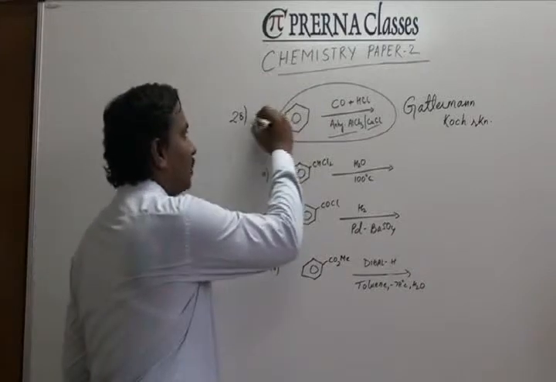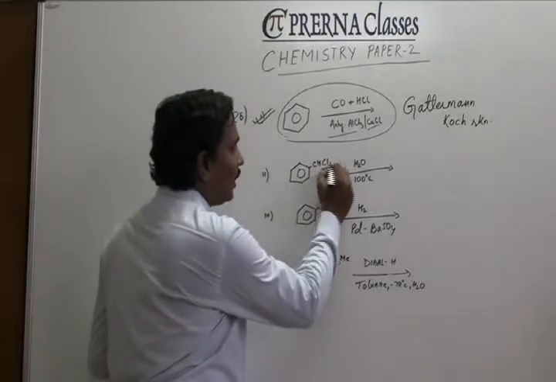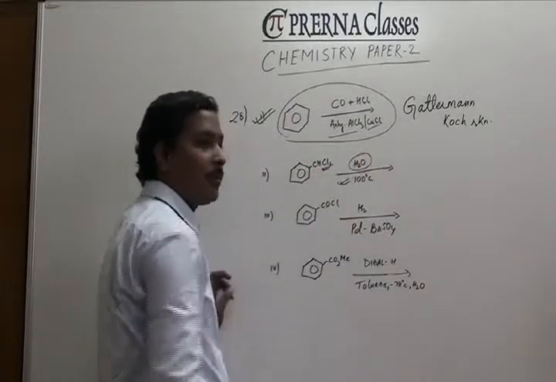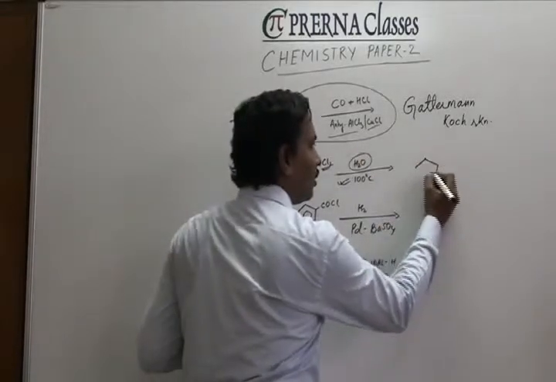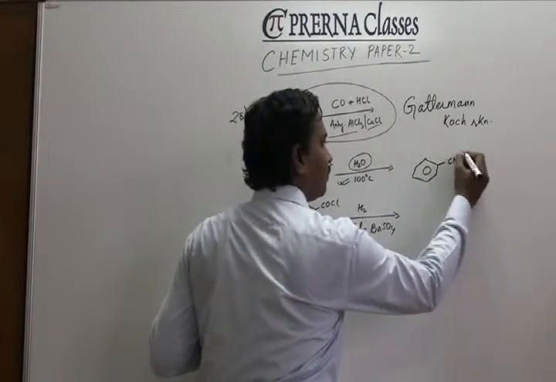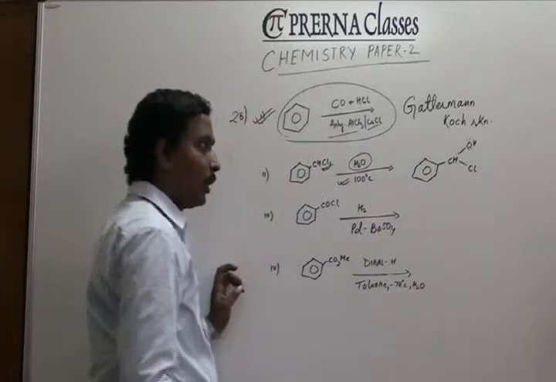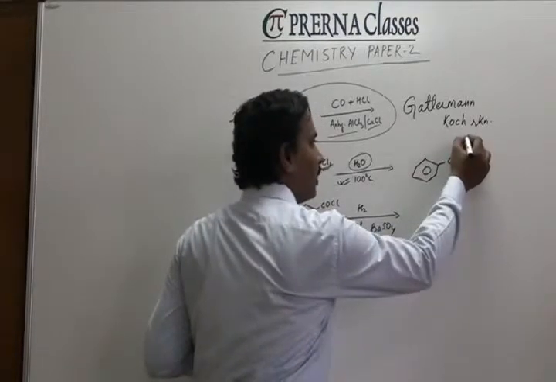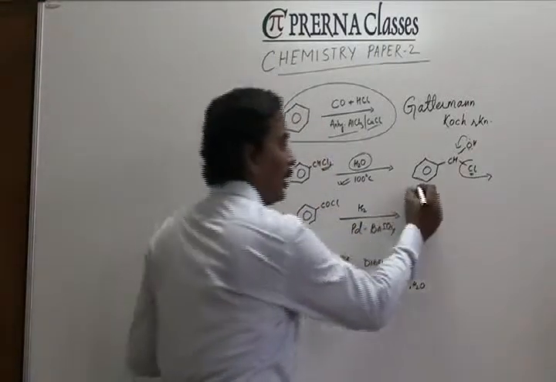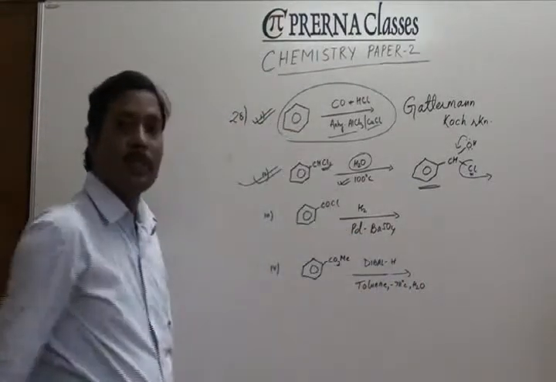So the first will show the product. Now the second one. There are 2 Cl groups and it is reacting with water at 100 degrees Celsius. One of the Cl is replaced by an OH group. Now oxygen has a lone pair and Cl is a better leaving group. So there is a formation of double bond and removal of Cl. That means there is again the formation of benzaldehyde. So the second reaction will also produce benzaldehyde.